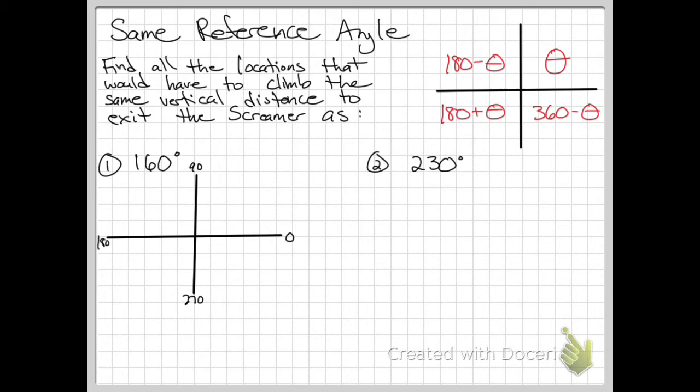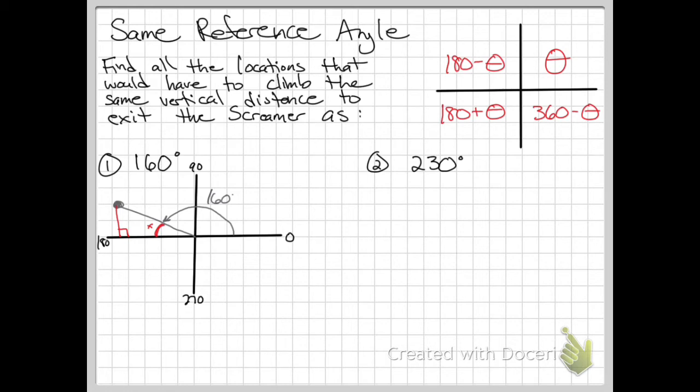Right now, the screamer has gone 160 degrees, so not quite to 180. Here's the screamer right now. Remember, that's a point on a circle, but we don't draw the point on, we don't draw the circle very often. So that was 160. I can find the reference angle by connecting it to the x-axis and finding this angle here, which is 180